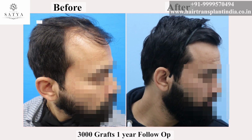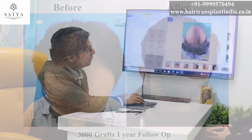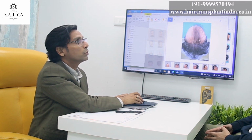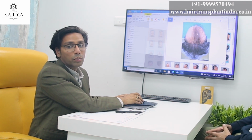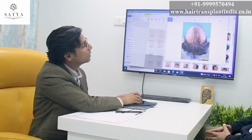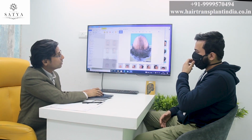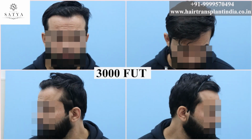So now this is important because you will see such cases on the internet, and even with shaved off head, like pre-pictures, people generally shave off, so it looks even more bald. So you will find people doing 4000, 5000 grafts in these areas, even more sometimes, and along with that giving 1 mg finasteride per day. So now the result which we have got is 3000 FUT, and as you know, Shah Rukh, there is a